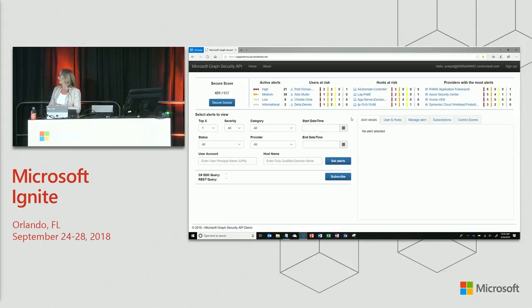So all of the information that's being surfaced here is derived from the graph via queries. So you can see along the top we have some dashboardy views where we're seeing information about alerts by severity or users at risk based on the number and severity of alerts for those users. Same with hosts, the number of alerts and the severity for each of those hosts, and information about where those alerts are kind of coming from, which providers to the graph are generating the most alerts. So if we click down on any of these, we can see that behind the